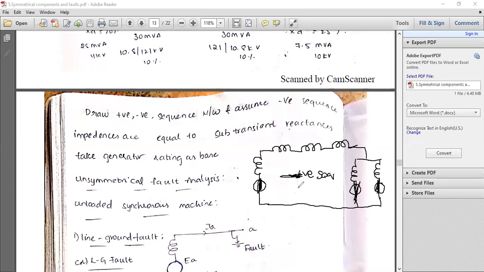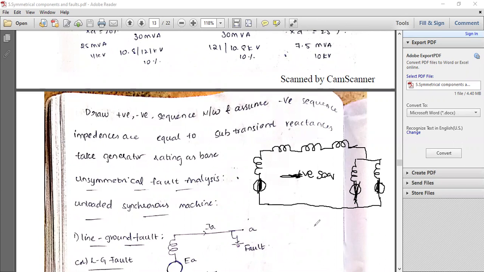The basic difference between positive sequence and negative sequence is that in the case of positive sequence, you will have voltage sources, but the impedances are the same. There is no difference in the positive sequence network impedances. That means the generator reactance, transformer reactance and transmission line reactances, all the values are the same. But finally the negative sequence impedance is different. That is another case. Here you are basically asked to draw just the network, and not to determine the sequence impedances. Next thing is zero sequence.